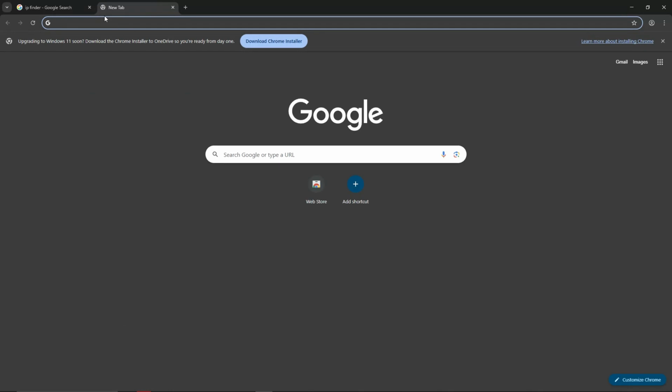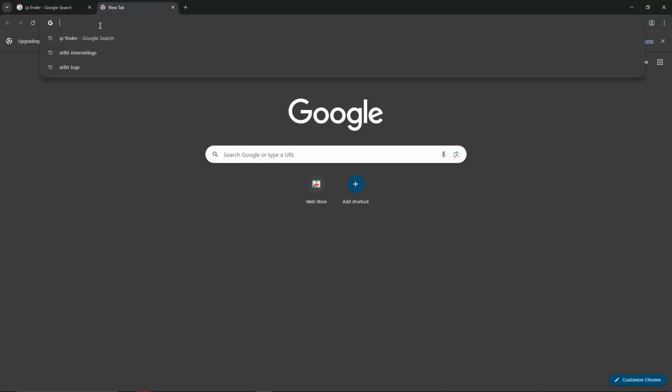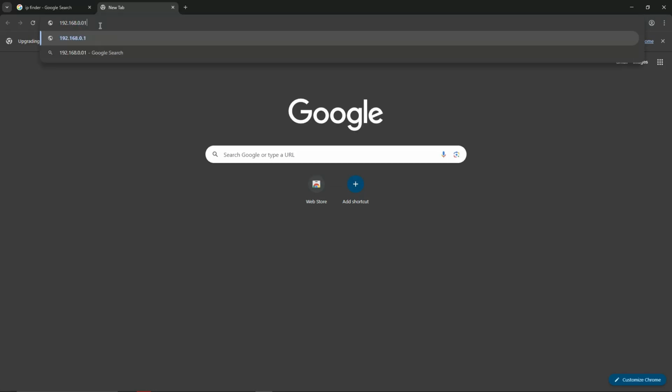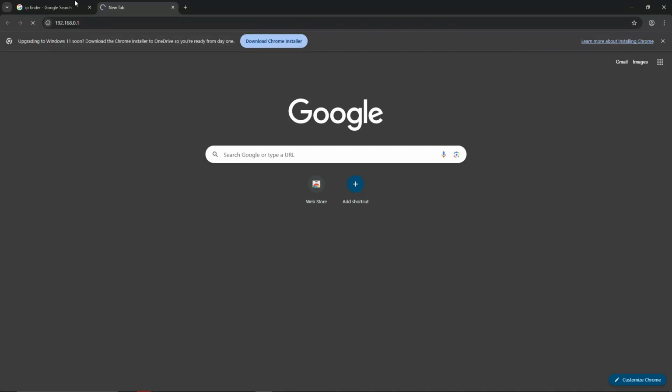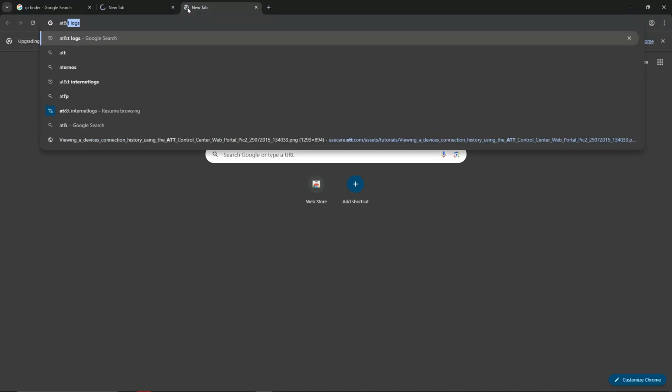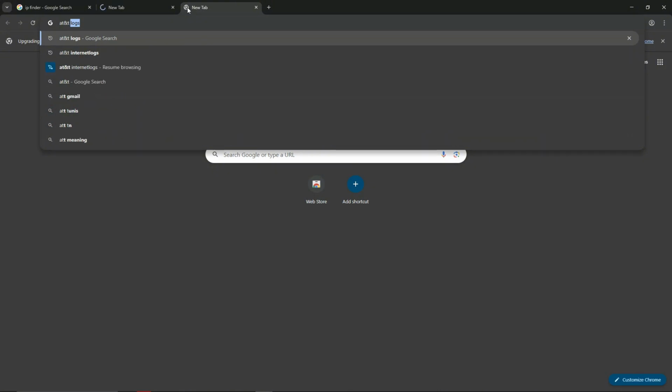Now, if I go to a new tab and just type the IP that it gave me, so I'm going to take a fake one, that's 192.168.0.1 or something like that. It doesn't really matter. It's just for the example. So if I click on it, you should have a dashboard for you, but I'm going to show you what a dashboard looks like. So AT&T, let's say the example of AT&T internet,